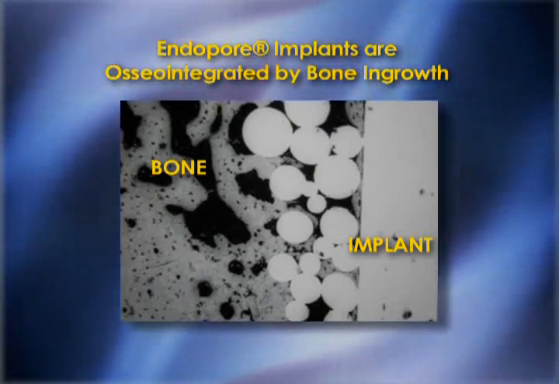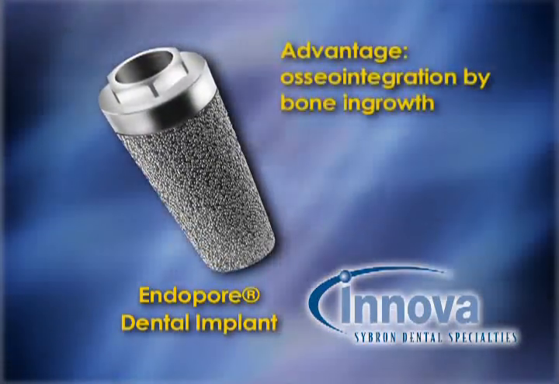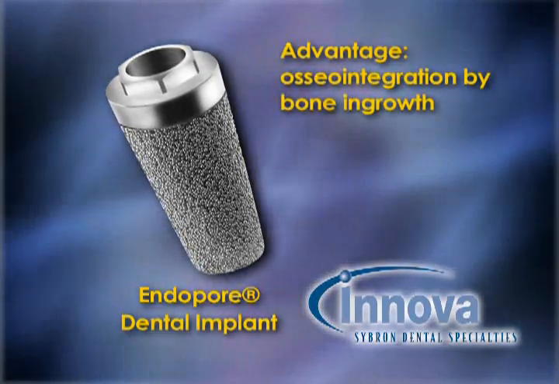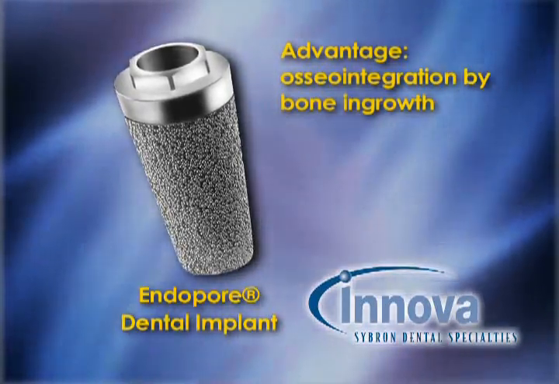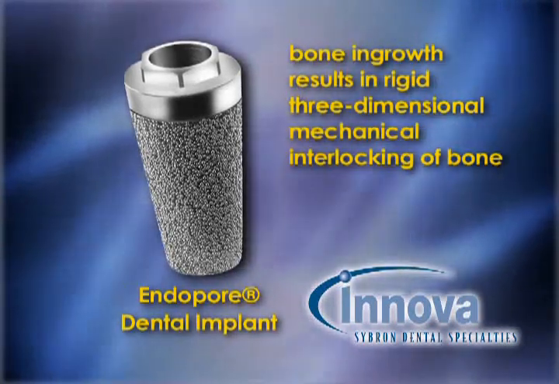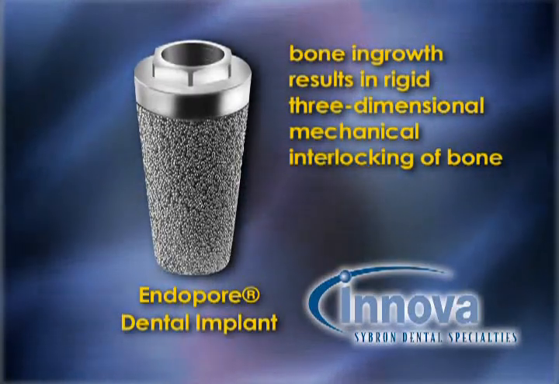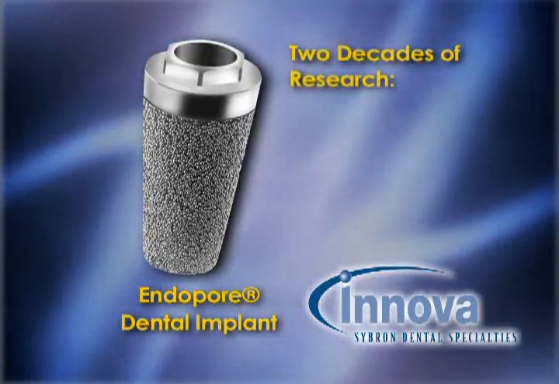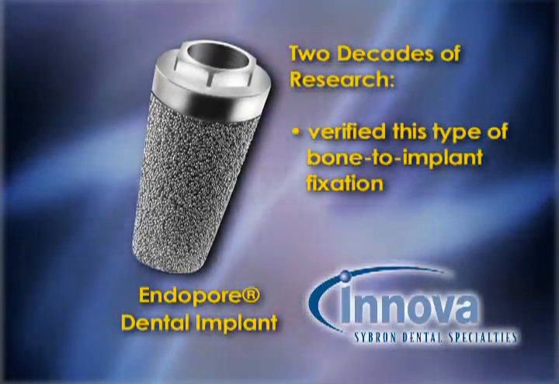elevation procedure. The unique implant surface geometry of the Endopore implant offers the advantage of osseointegration by bone ingrowth, rather than the more usual linear bone contact at the bone-to-implant interface offered by threaded dental implant designs. This bone ingrowth results in a rigid, three-dimensional mechanical interlocking of bone with implant surface, and a very secure implant fixation to bone. Research over more than 2 decades has verified that this type of bone-to-implant fixation makes the Endopore